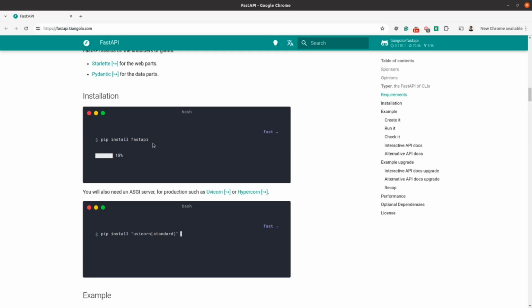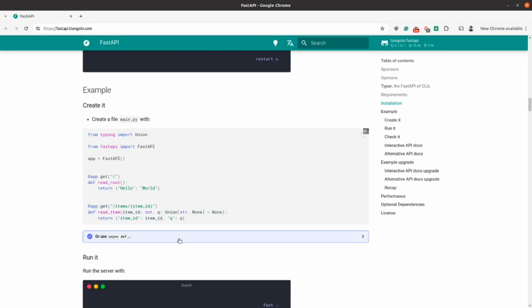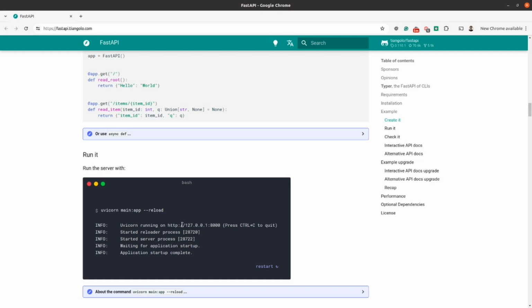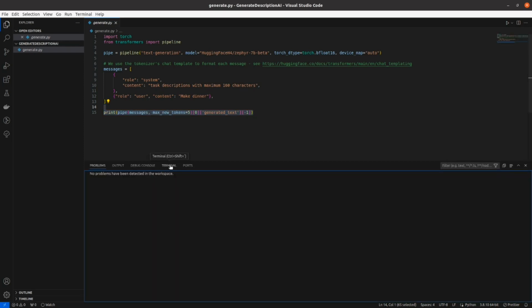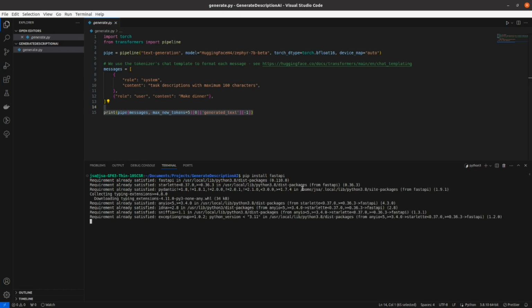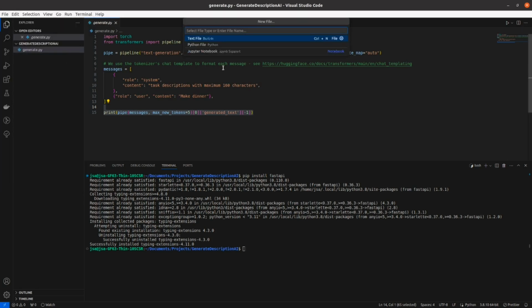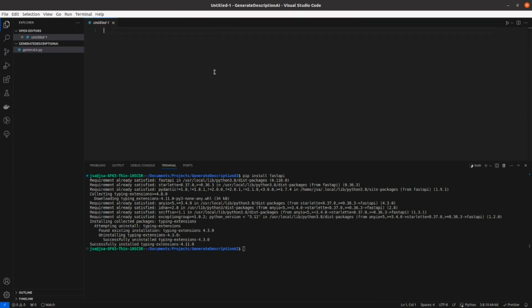The reason I choose this is because I never used it before and it promises to be really easy and fast to use. Like install, create a file, run it, and it will be done. So let's start with the first step, that is install FastAPI. So open a terminal and run pip install fastapi. Okay, it was installed. Now let's create a new Python file,